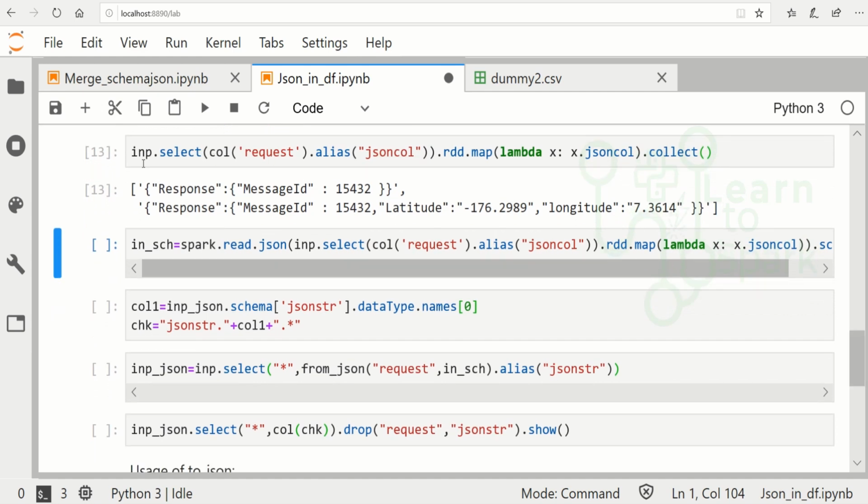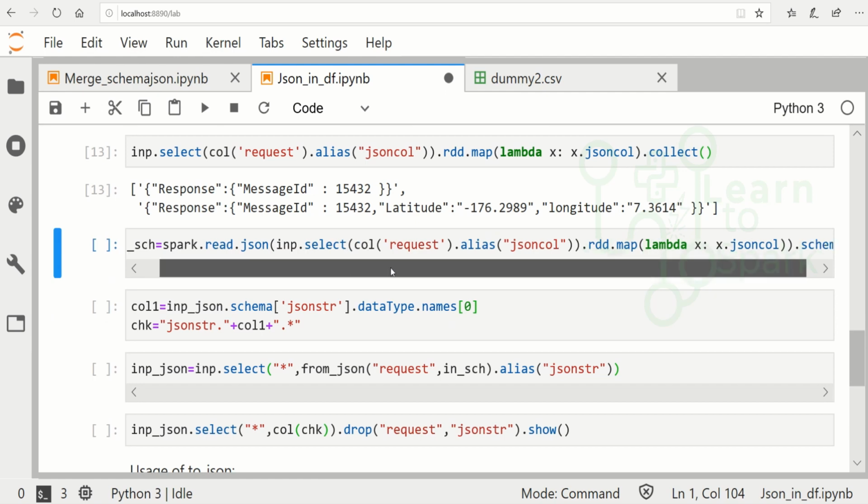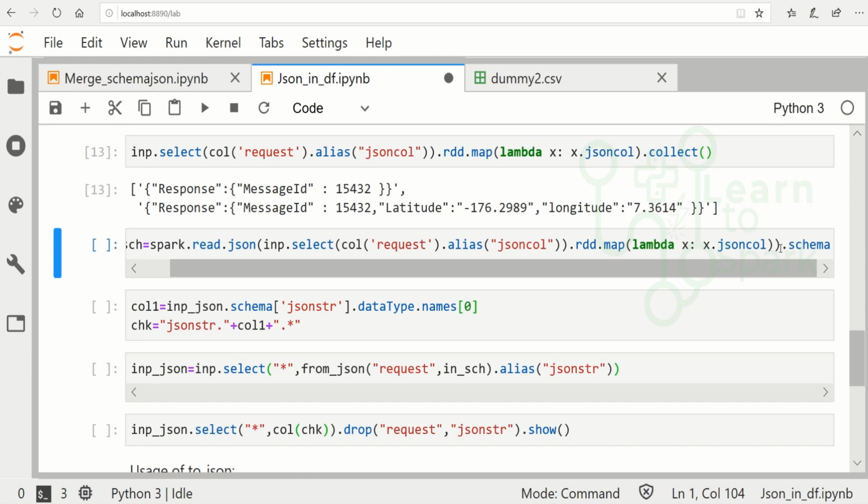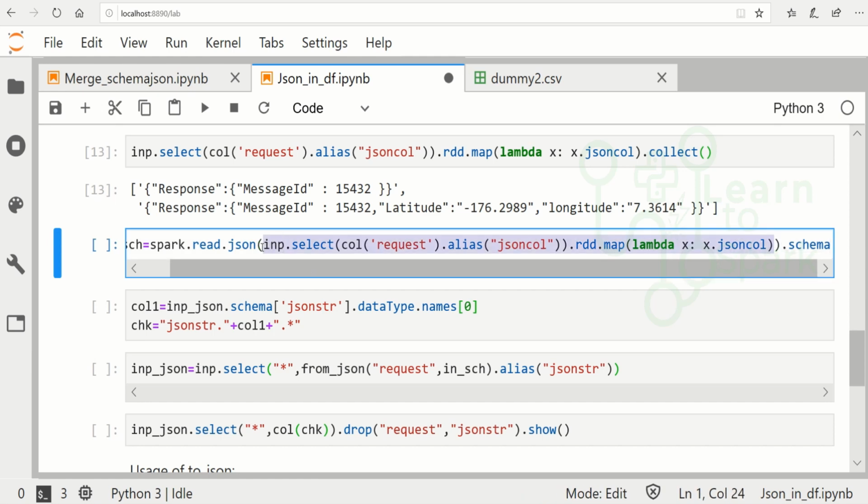Now I'm directly giving this RDD inside our select statement. I'm directly giving this line here inside spark.read.json.